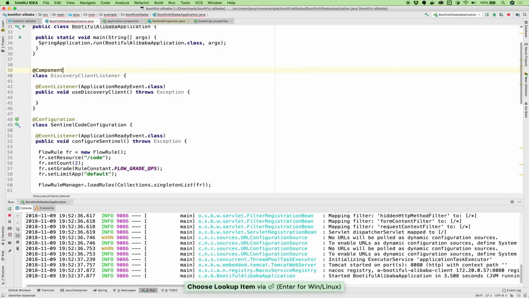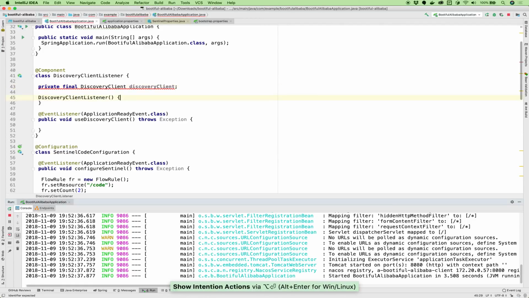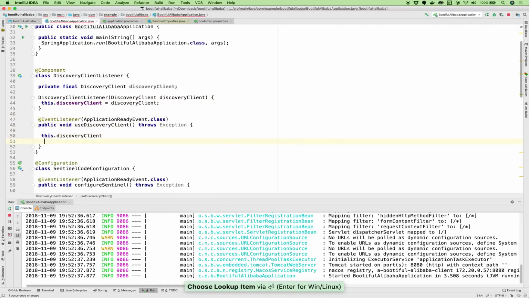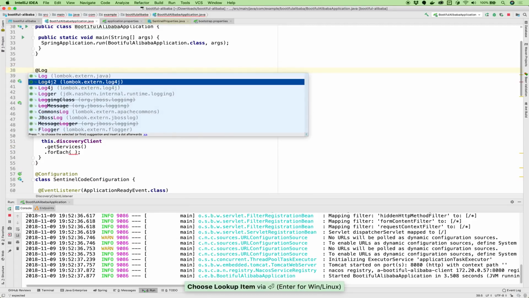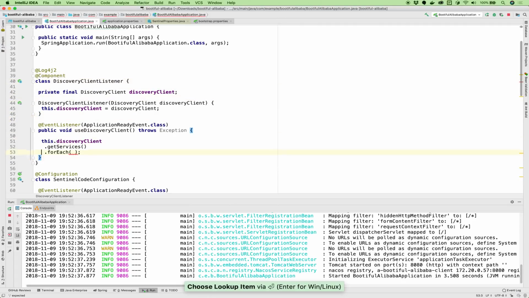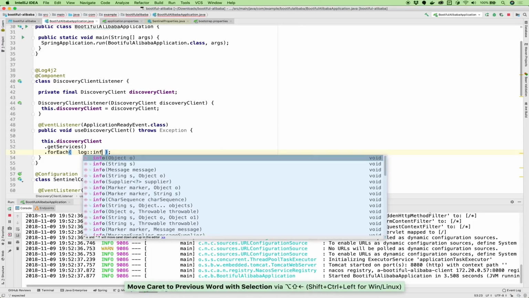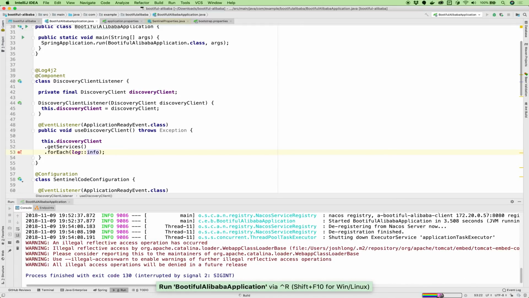This will be a very simple thing. this.discoveryClient.getServices, and let's just get the service names. There you go. Let's get services.forEach, and I'm going to just log out each service name as I see it. And voila. All right. There's my updated code, injecting the discovery client.